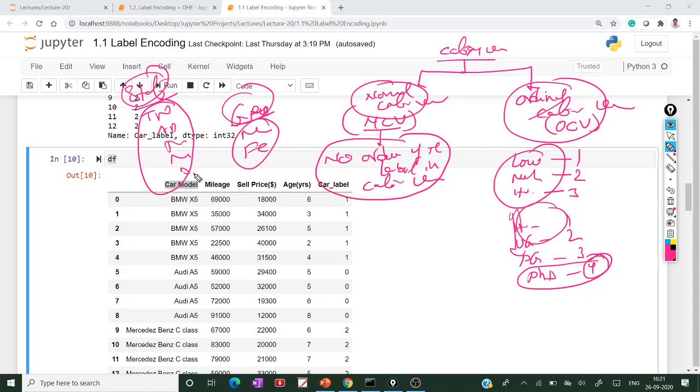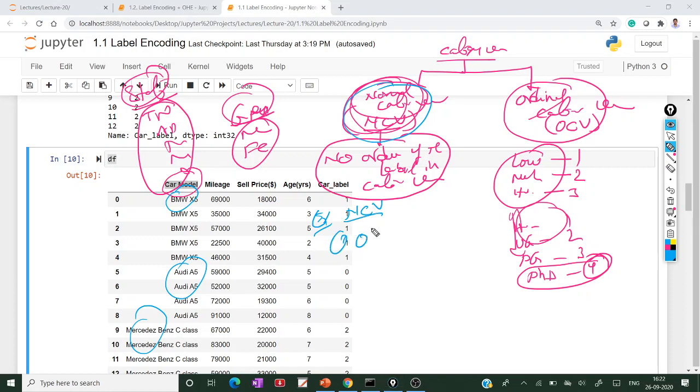So in this example, car model belongs to the nominal category, meaning there is no order among BMW, Audi and Mercedes Benz. That's why we can't apply label encoding. So what are the examples of techniques for the nominal categorical variable?